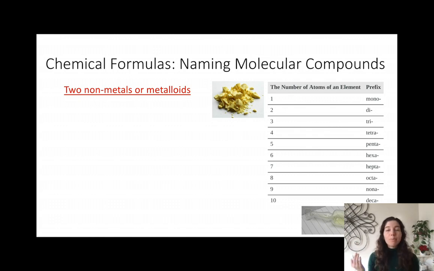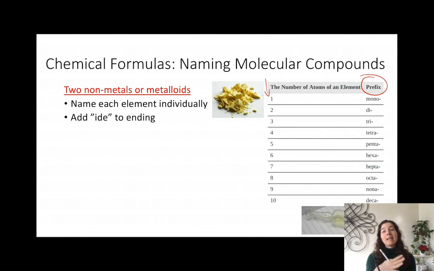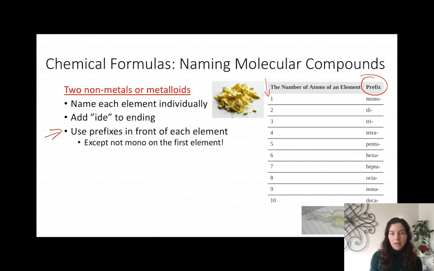All right, so whenever we do molecular compounds, we have a difference here. We use prefixes in order to indicate the number of each of the atoms of the elements present in the compound. All right, so in order to do this, here are the steps. You want to name each element individually. We're going to add "-ide" to the ending, the same way we did for the ionic compounds. But now we need to add the use of prefixes in front of each element. Oftentimes, we will omit mono on the first element. An example of this is,